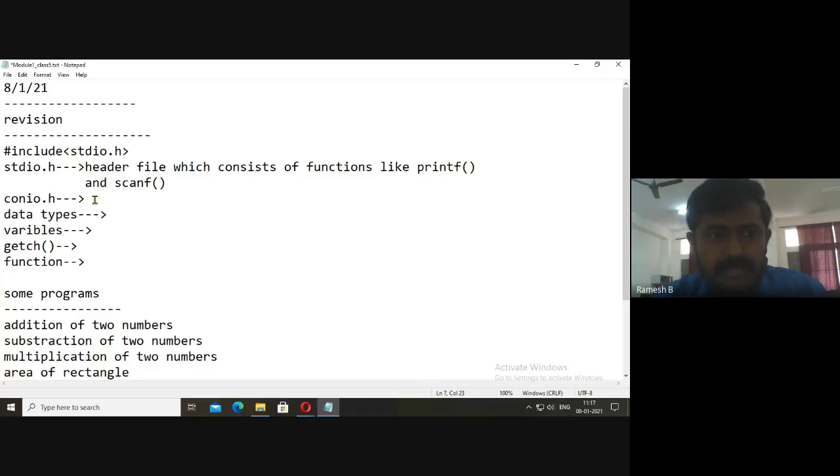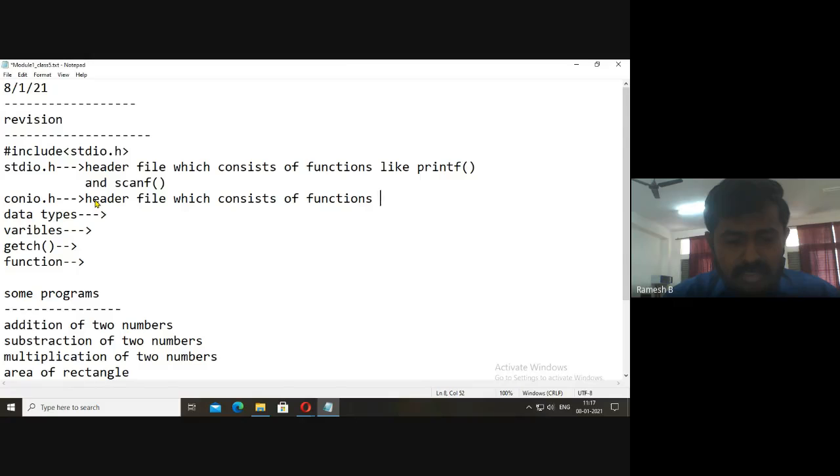Now, similarly, conio.h, it is a header file. It is a header file which consists of functions like clear screen, CLR, okay, which stands for clear screen. Say, let me expand